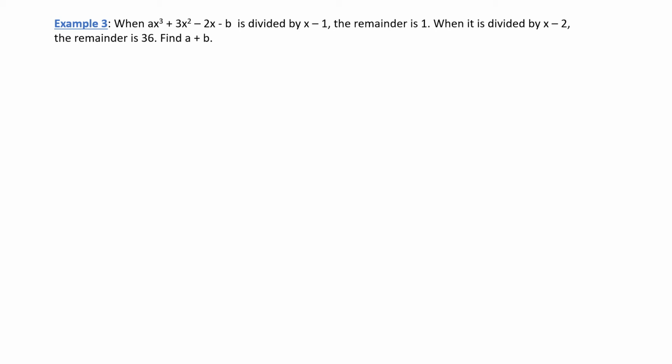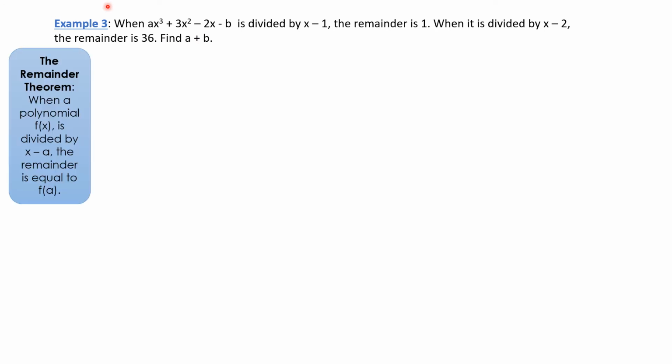Example 3. We have a polynomial, but we've got an a and a b in it. So we've got some clues here in the question to help us find what a plus b is. This is the remainder theorem we're talking about. The remainder theorem, it's just like the factor theorem. When you have a polynomial and it's divided by x minus a, so say divided by x minus 1, the remainder, in this case 1, is equal to f at a. So what that means is,